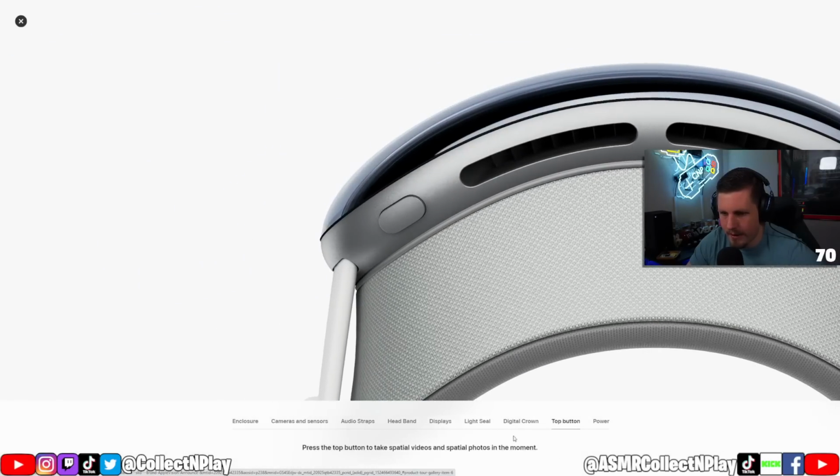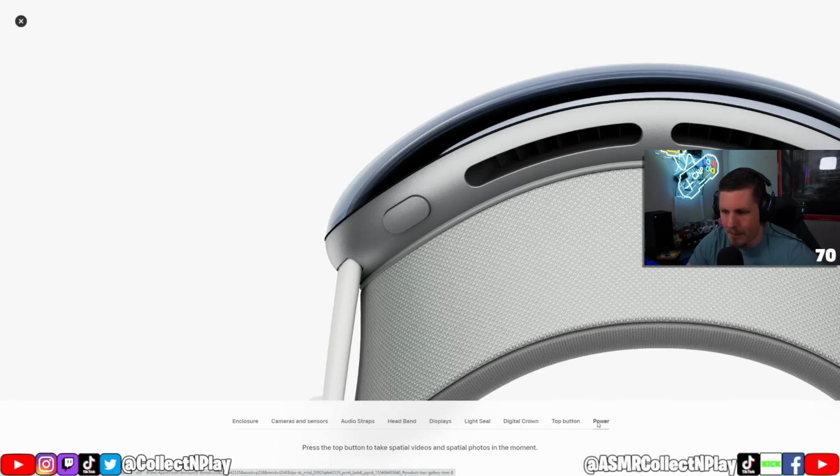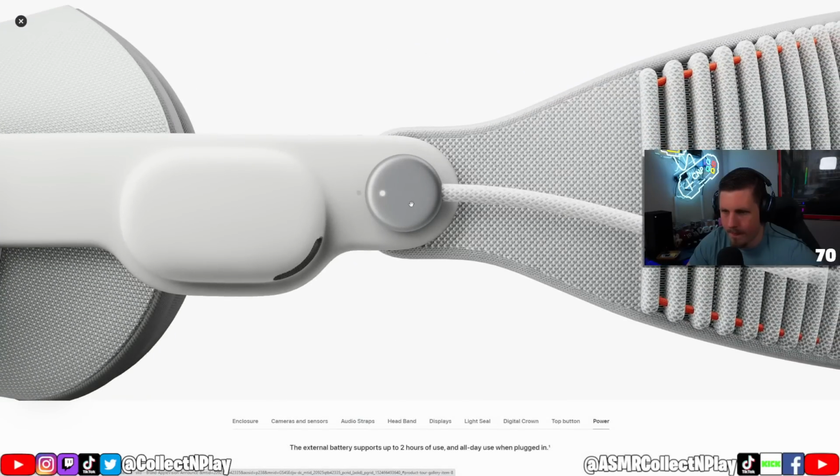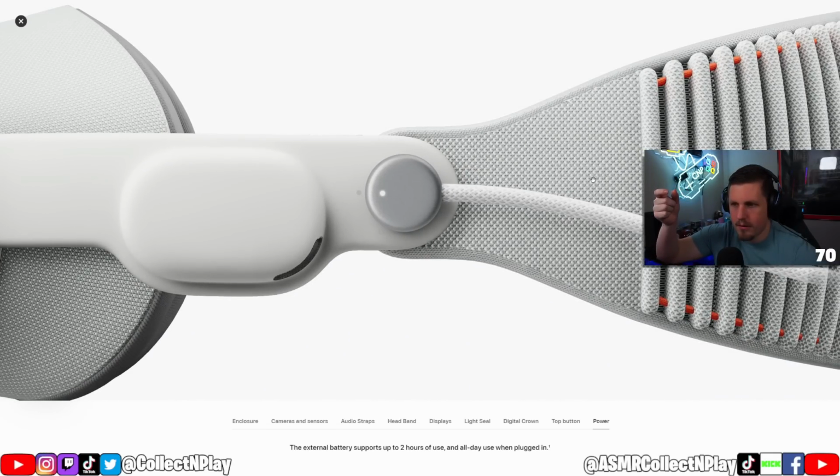Top button, press the top button to take spatial videos and spatial photos in the moment. So that's your little camera button, and then where's the power? Oh, so it must be like a little knob or something. External battery supports up to 2 hours of use. Yeah, it looks like you just turn it. Like it's a little switch you turn off, on. Man,